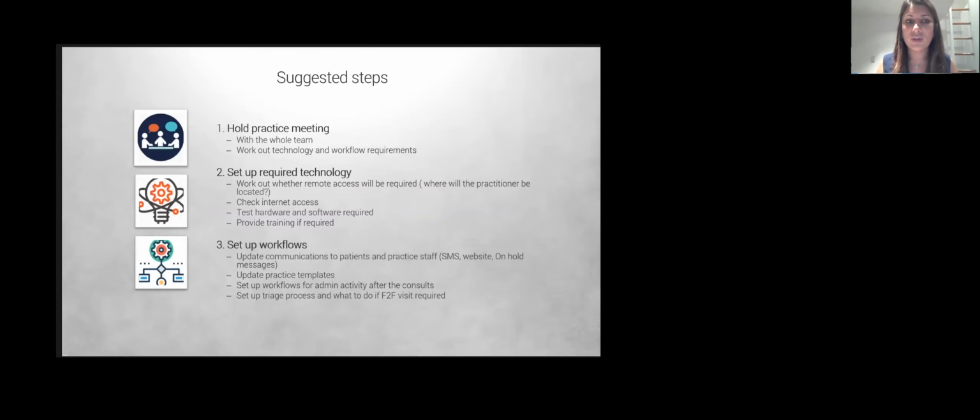And the workflows, as I mentioned, are probably the critical part. So the technology is kind of interchangeable. You could switch from using Zoom or Skype to a healthcare specific platform. But the thing that could make or break the whole thing is how you design the workflows. And it's important to communicate those workflows, not just to your staff, but also to your patients. And I would do it in multiple ways. Send them an SMS: we've now changed, our practice is now doing X, Y, Z, and this is the process for getting an appointment. This is how we're going to conduct it.